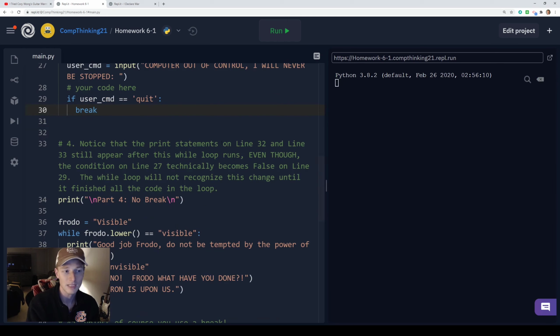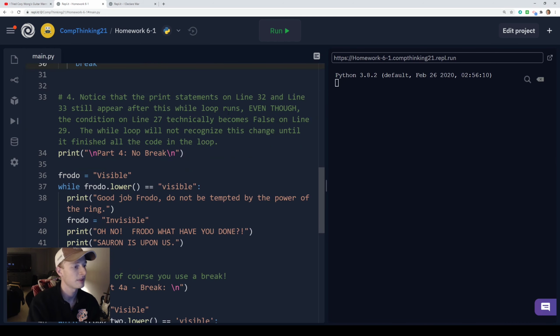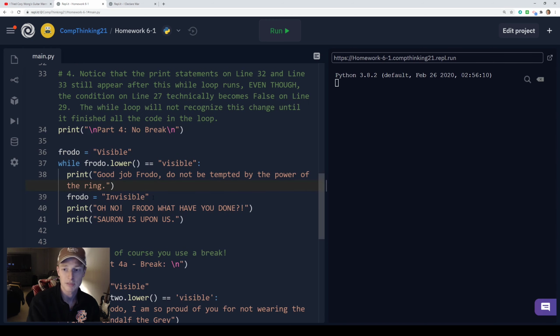All right, I'll clear this out. Number 4, notice that the print statements on line 32 and line 33 still appear after this while loop runs, even though the condition on line 27 technically becomes false on line 29. Right? So we're saying that Frodo starts out as visible, and then we set Frodo to be invisible. But the while loop continues, even though the condition is while Frodo.lower, right? So just the lowercase version of whatever Frodo is, while it's equal to visible, keep the loop running, but it becomes invisible. Well, that's obviously different than what this condition wants, so you think it would become false, but